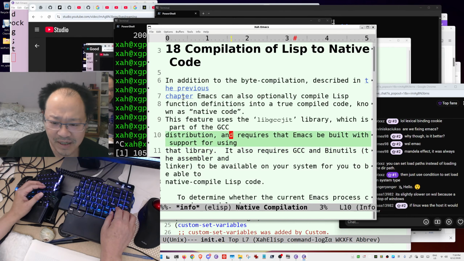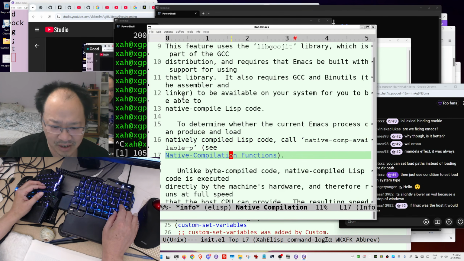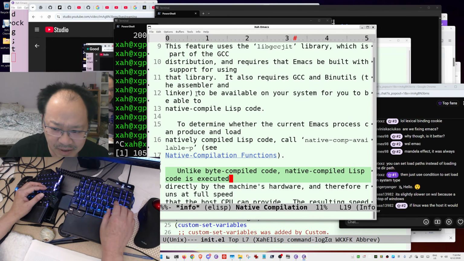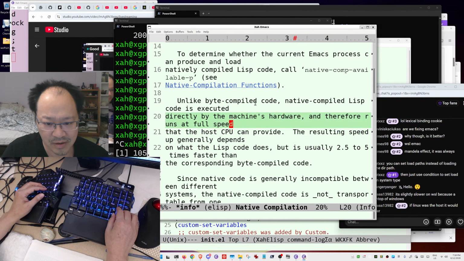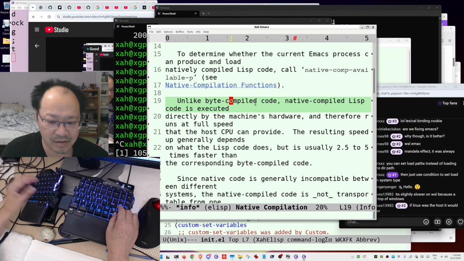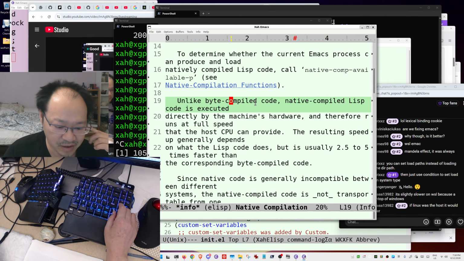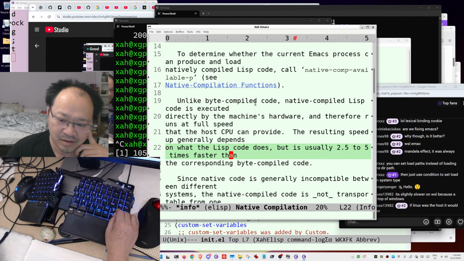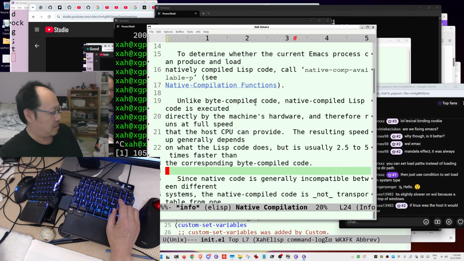So back to compilation to native code. Okay, so we can do that, yes, of course, but I don't know how to do that. I have to read about it. So let's see. Should I stop? Let's see how long I have been. 2 hours and 17 minutes. Okay. I think I should have dinner soon. Let me check if I